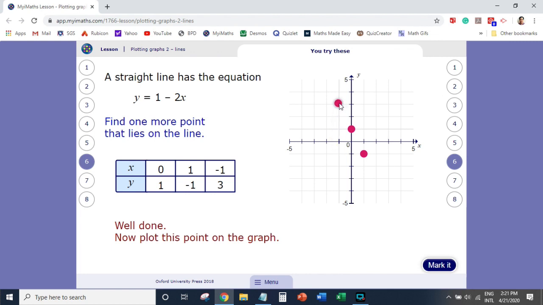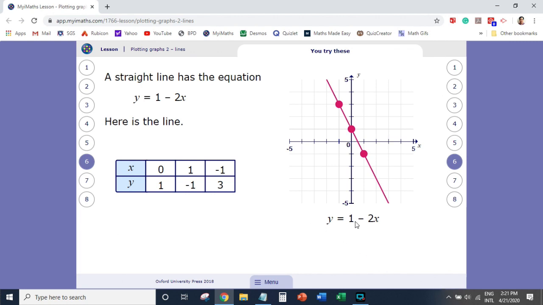It's here. Look, these 3 dots or points really form a straight line going down from left to right, because our x term is negative. Then we have to connect that with a straight line, and then be sure to write the equation beside the line. Next,